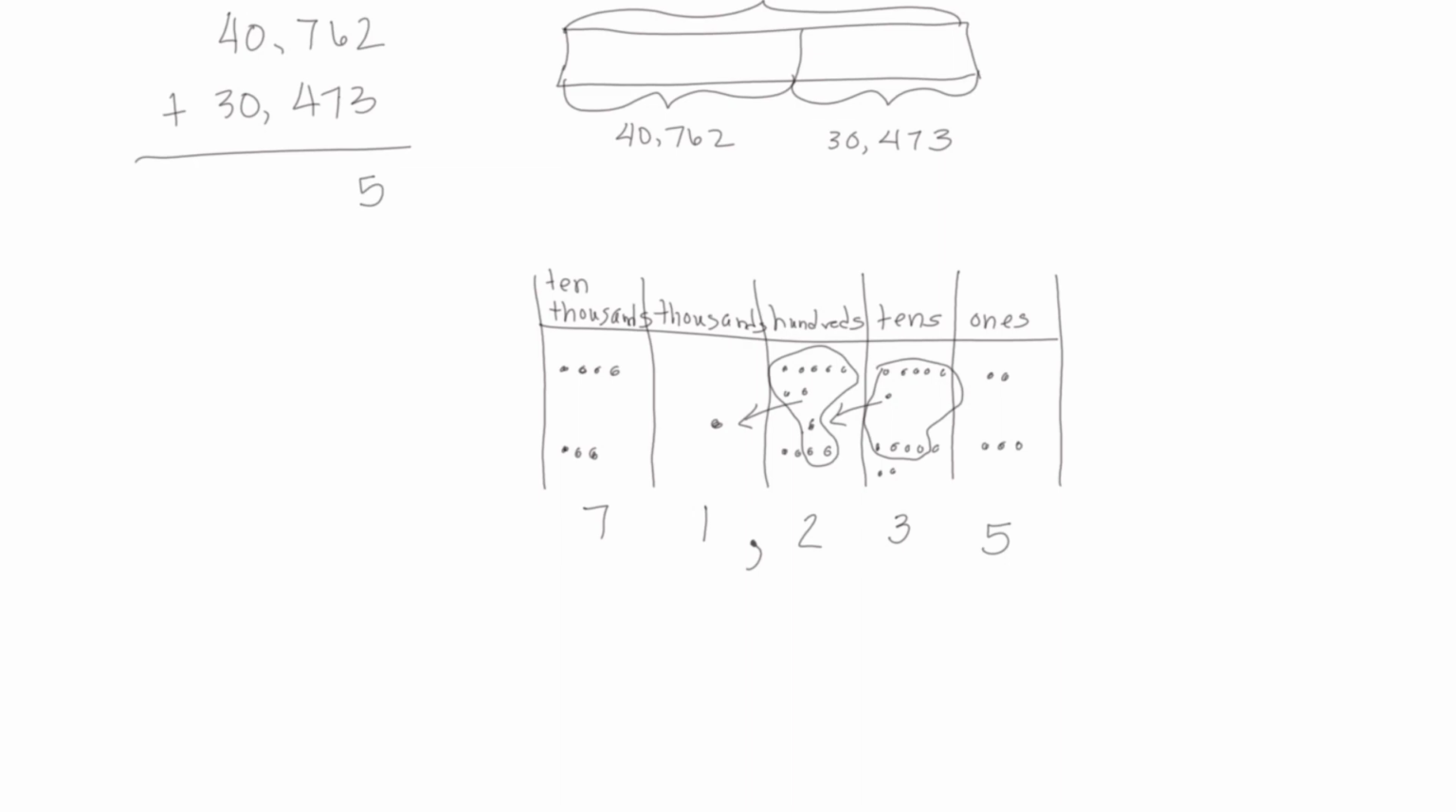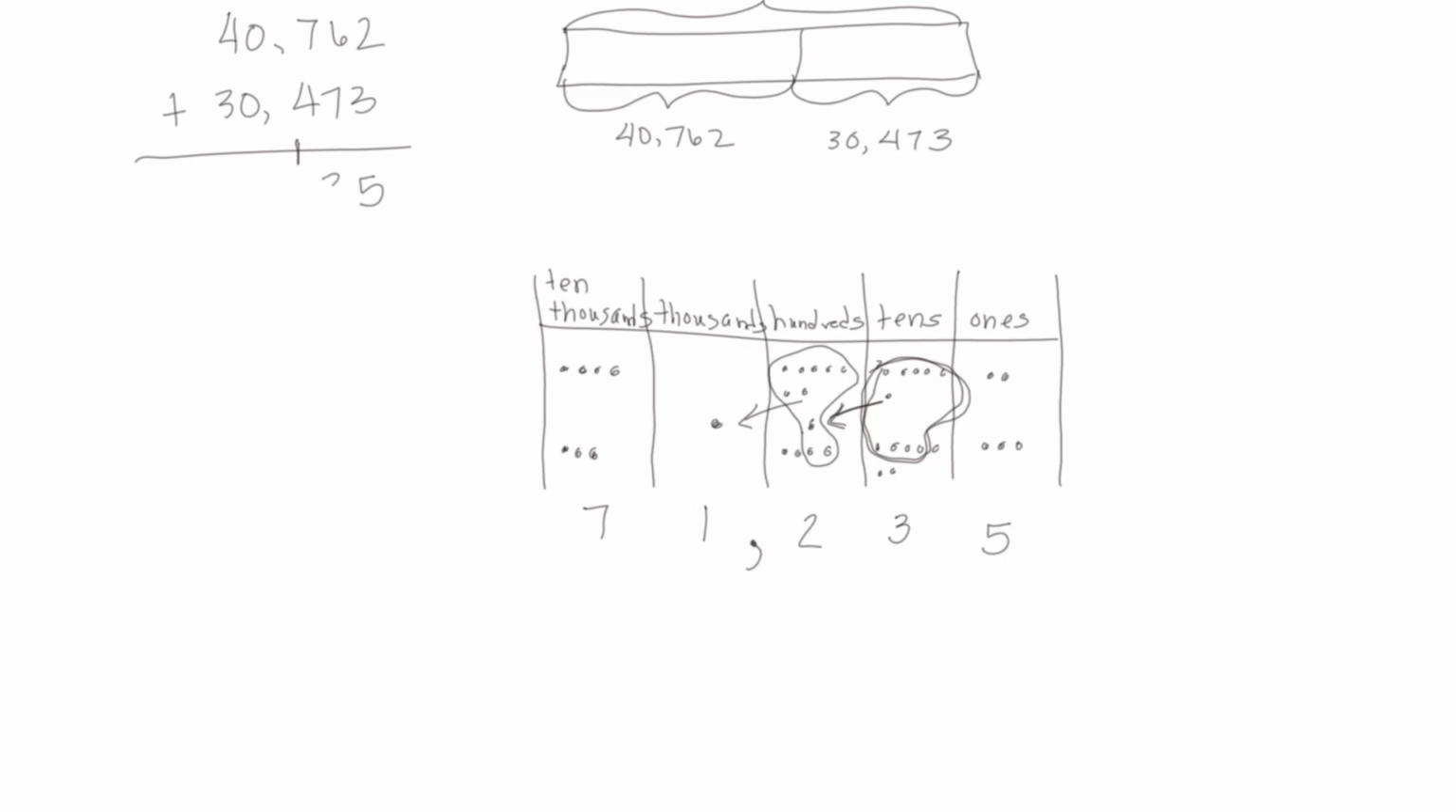Then in the tens, I had 6 tens and 7 tens, so together that was 13 tens. But again, just like I did in the place value chart, I'm going to take those 10 tens and turn them into 100. So I'm going to put that 100 that I did here and moved over here. That's what I just did here in the standard algorithm, which leaves me with